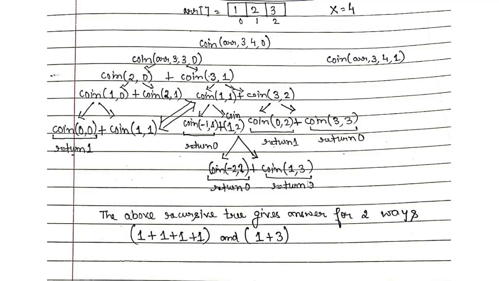And hence I will be returning 0 again from this path. So 0 plus 0 is 0. So the answer to coin 1 comma 2 is 0. And what does that 0 signify to this subproblem? That 0 signifies that starting from this index 2 till end of the array, there are 0 ways to make an amount of 1. That 0 signifies this thing.